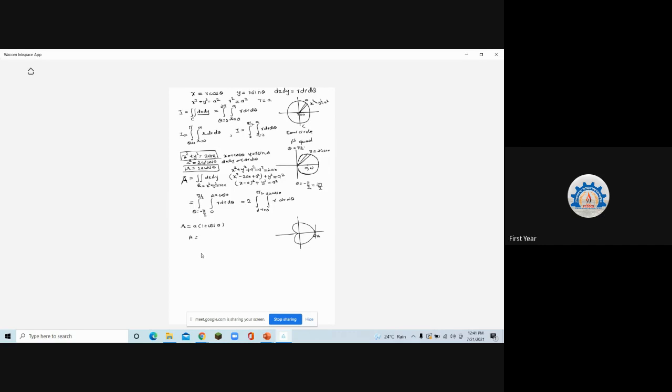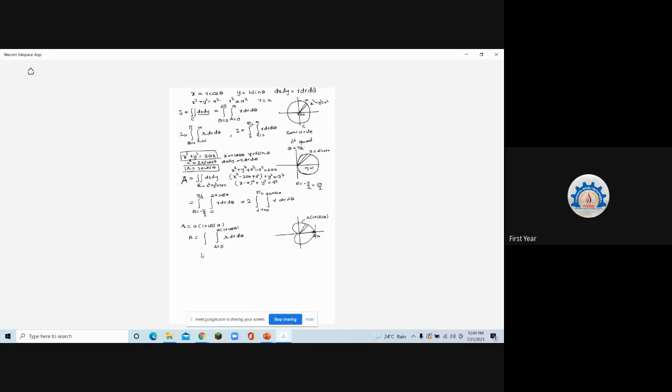So your area will become... limits of r. Take the sector. So what is r going from? 0 to the equation of the cardioid. So what is the equation of the cardioid? Please don't write 2a. If you write 2a, that means you're talking about only this vector. ये वाले vector के बारे में बात कर रहे हो. We want the entire area. So I have to always take the equation of the curve. So r is 0 to a into 1 plus cos theta, and r dr d theta.